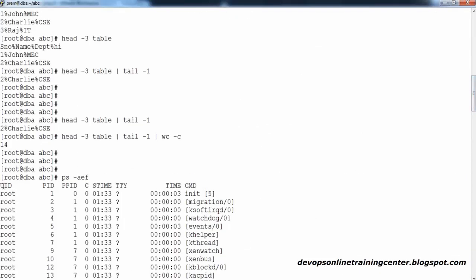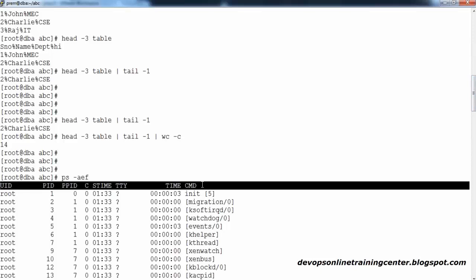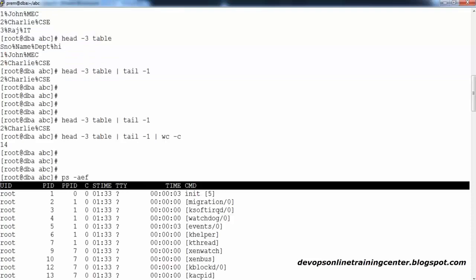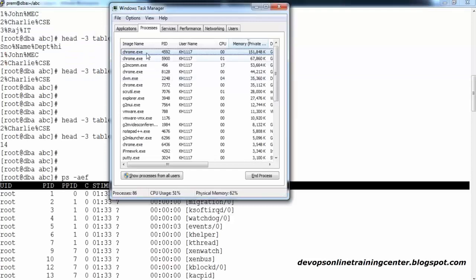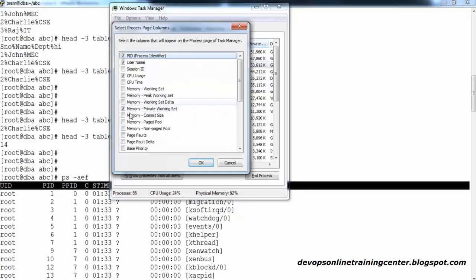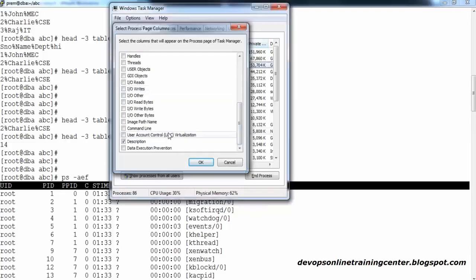So it has some columns, guys. I'll explain the important columns. These columns will give you an idea about what exactly the process is running, what their names are, what the PID is and all. The same columns you can find even in the Task Manager. I can compare with this. Look at this: the name, PID, who started it, what the CPU utilization is, what the memory is, something like this, right? So there are many columns. You are seeing only a few, but if you go to select columns, these are all there, but actually these are disabled in Windows. So for a process you have many things, even in Windows, but they show the important things.